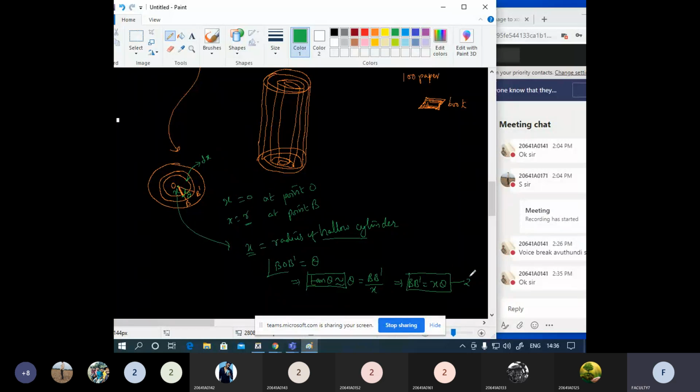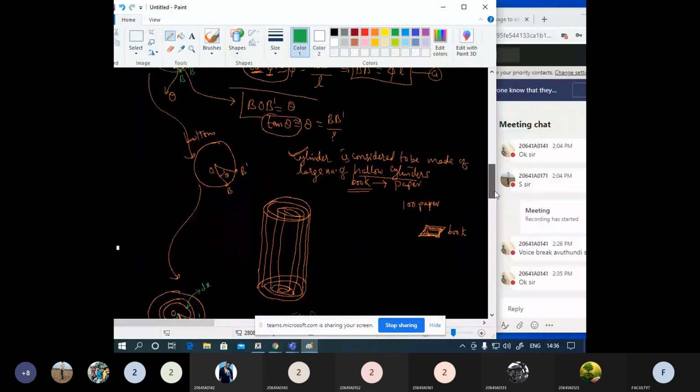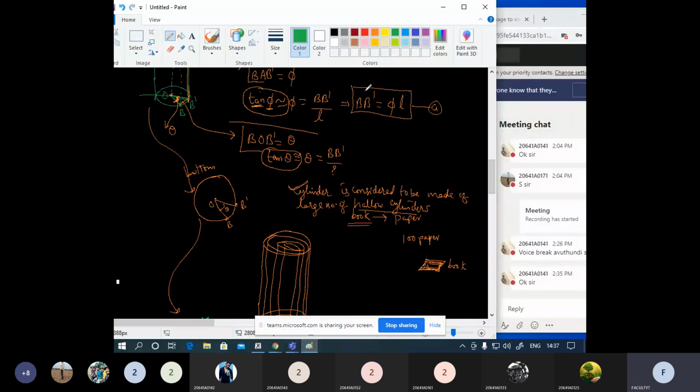Now this is equation number 2. Remember this is B dash. Previously we got the same B dash, and here also we got B dash. So equation A is equal to phi L, and equation B dash I will write here itself, equals x theta, that you got as equation B. Both the equations are same, this is also the same B dash, so these two will be equal.